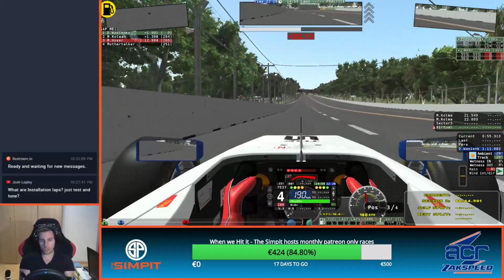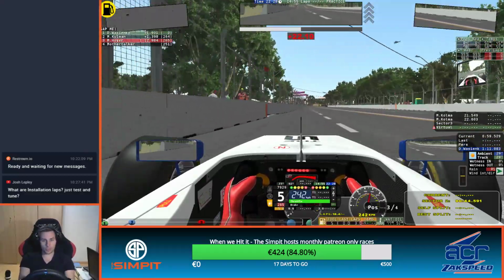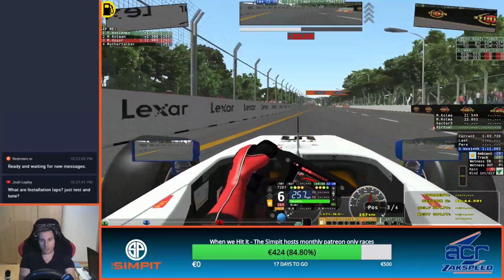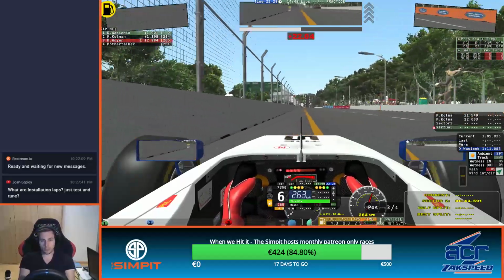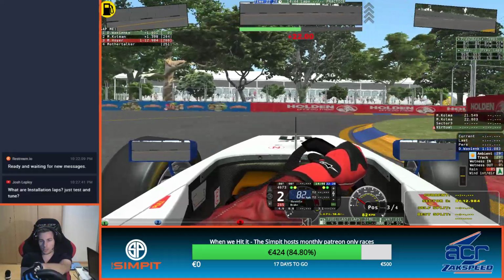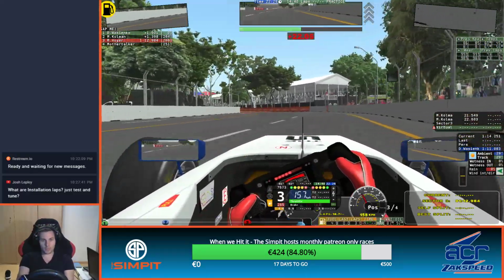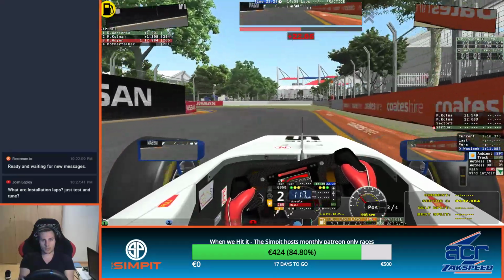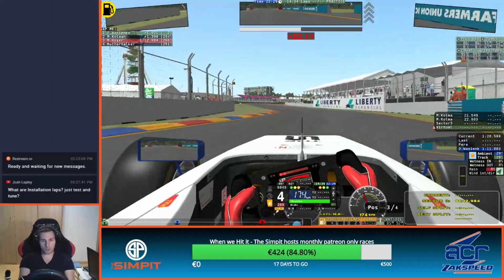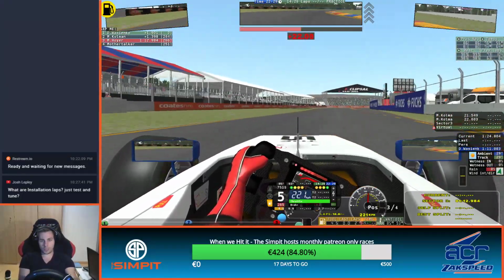Where I look for interesting things on the side of the track to remember or to remark at. Like you will see on the upcoming braking point, the next turn is going flat out, but then there comes the hairpin, and I brake exactly where the emergency exit is. There I hit the brakes, and then I'm going to be slowed down perfectly for that hairpin. Stuff like that. That's installation laps, because basically you get this layout installed into your brain. You get the specific character,